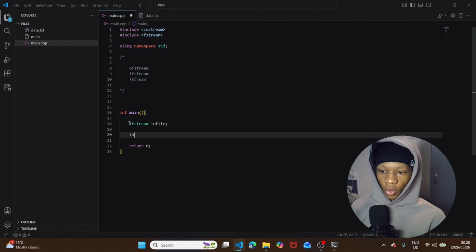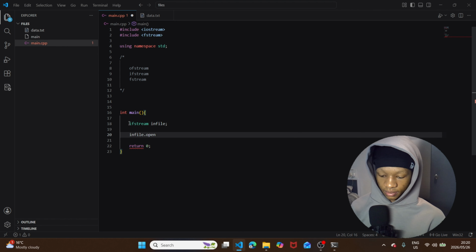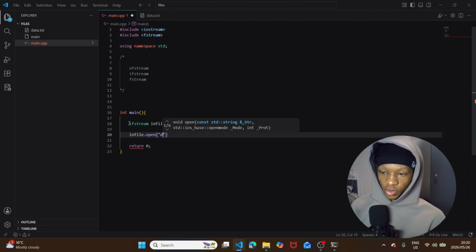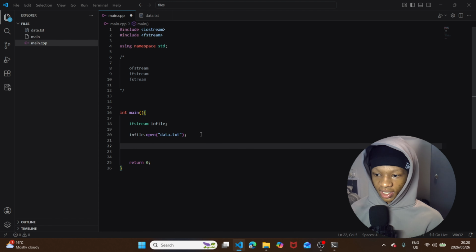Then I'm going to say inFile.open, and we're going to open the data.txt. Whenever we're reading in data, it is very important for us to have a safeguard to ensure that the file actually opened before we make a lot of operations. You can imagine after reading this data we have a whole program set to run, but what if the file did not open? So we can have a safeguard to know if the file opened or not. So we can go ahead and say if